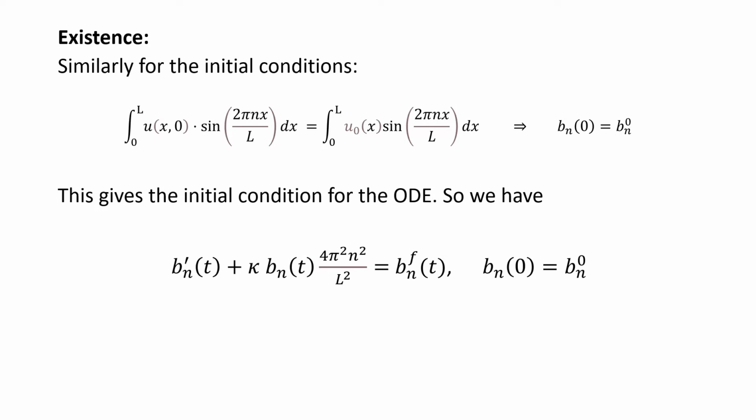And that produces the initial condition of the ordinary differential equation for the nth Fourier coefficient, bn, of the solution to the heat equation. So to summarize, the ordinary differential equation and its initial condition read b prime n of t plus kappa bn of t times 4 pi square n square over L square equals bfn of t with initial condition bn(0) equals b naught n. So we have got a first order ordinary differential equation that we want to solve,